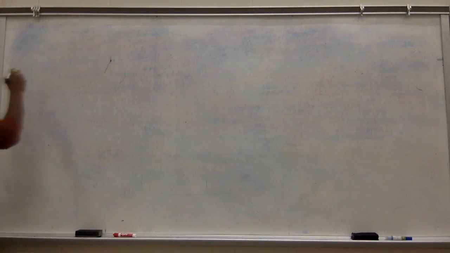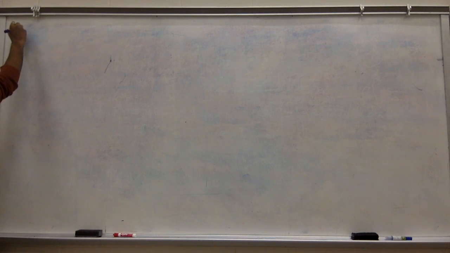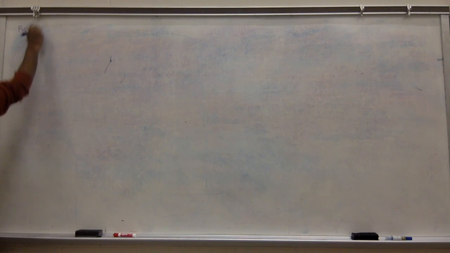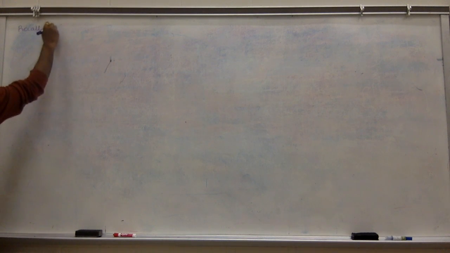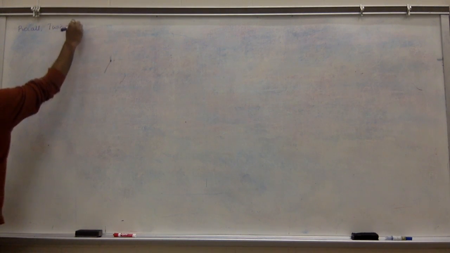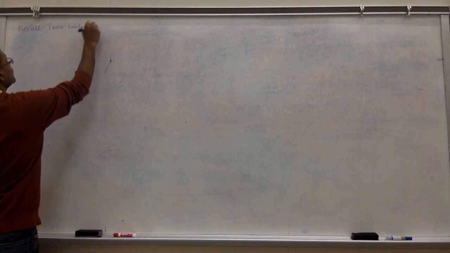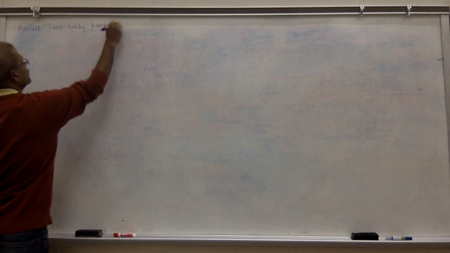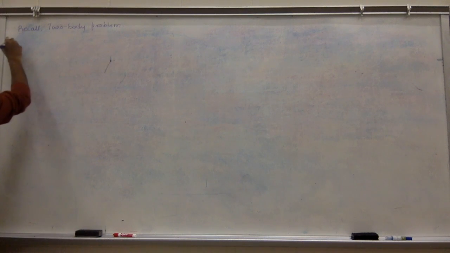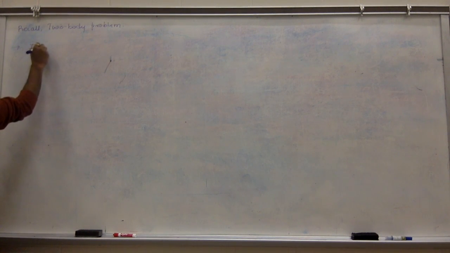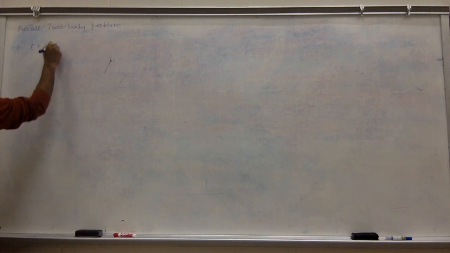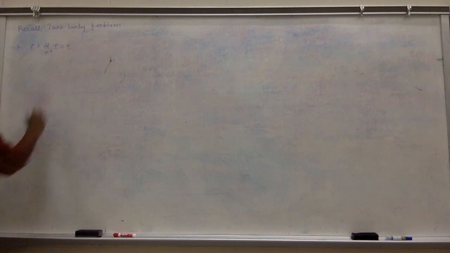If you look at, recall, the two body problem. What is the two body problem statement? The expression: R double dot plus mu over R cubed times R is equal to 0. Okay. And the solution to this is